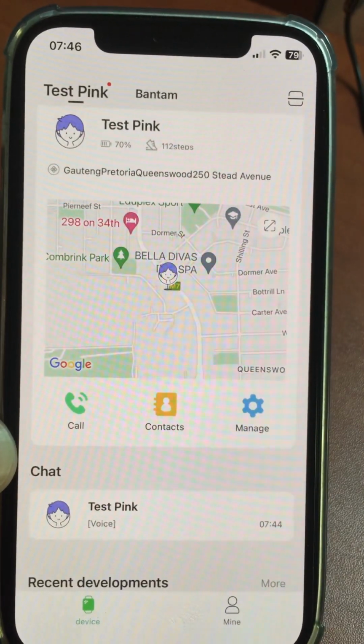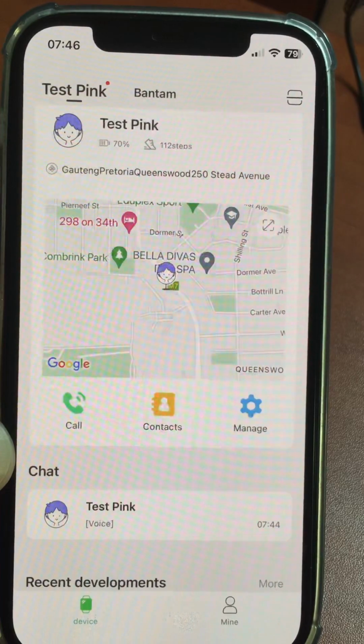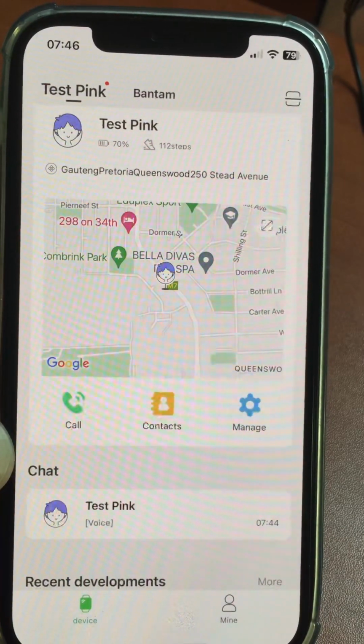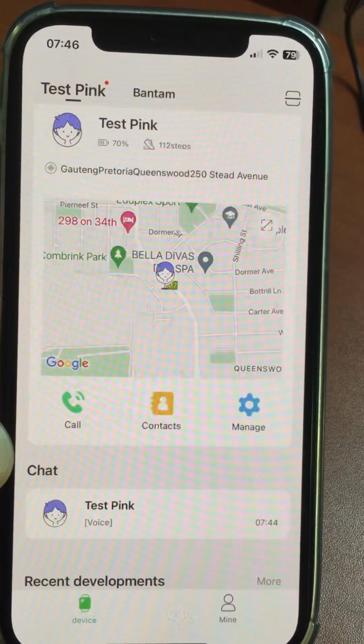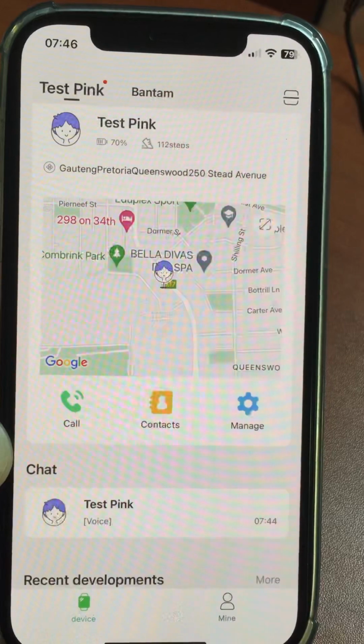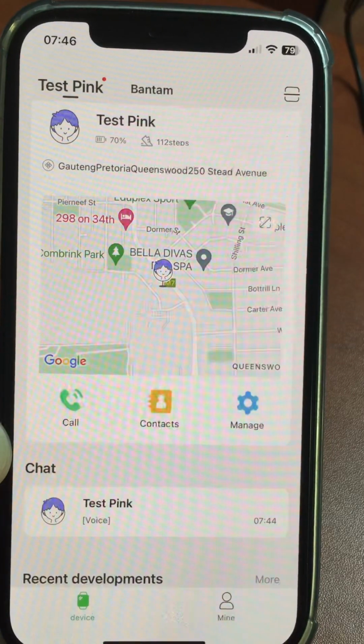I hope you found this helpful. I also added a video for the setup of the watch and how to insert the SIM card and navigate through the functionality, just to see the notifications and